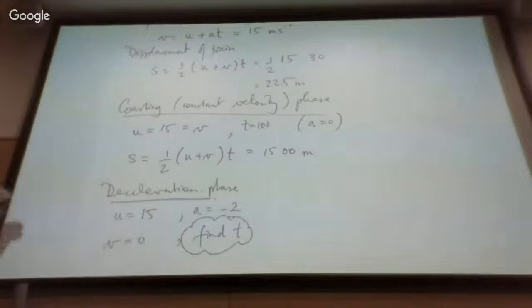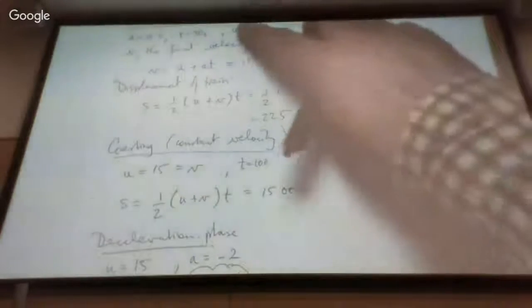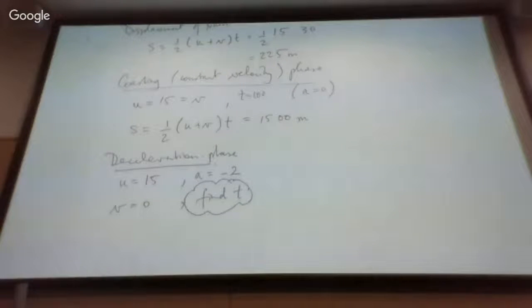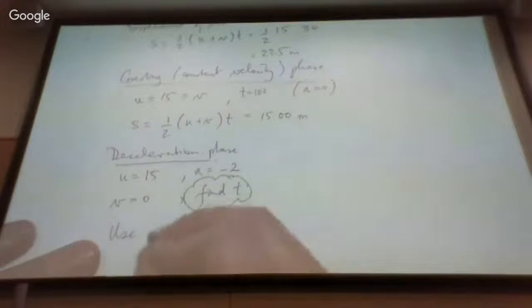In the previous two phases, the t value was known. We were told it's accelerating for 30 seconds and then coasted for 100 seconds. So how long is it going to take to decelerate? For solving this, we should maybe look back at those equations we had and use the one for v in terms of u and acceleration, because we know v, u, we know the acceleration, but we don't know time. Okay. So we use the equation